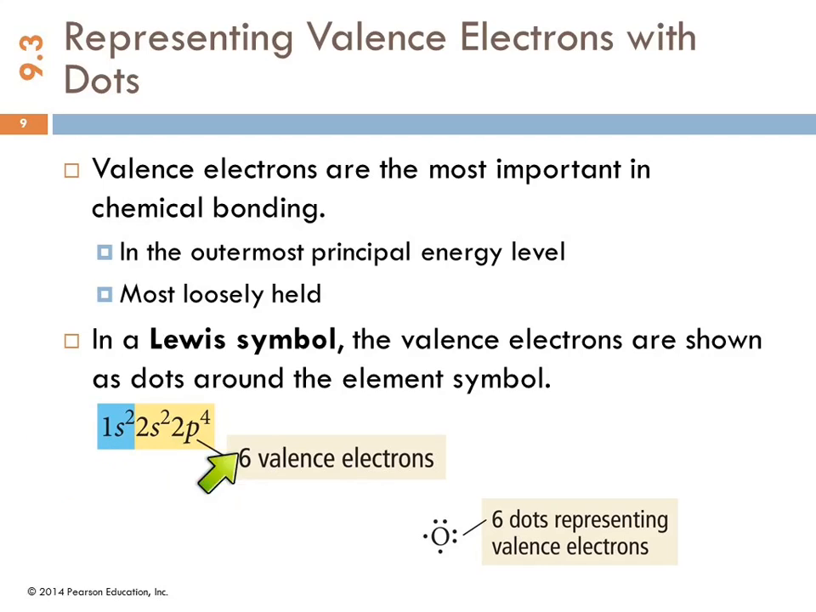So here is the electron configuration for oxygen. In blue, these are core electrons. We are not concerned with those. We're looking at the valence electrons. There's 6 valence electrons. The highest shell is 2, and there's 2 in the S subshell and 4 in the P subshell. And so we're going to represent those in a Lewis symbol as dots around the valence